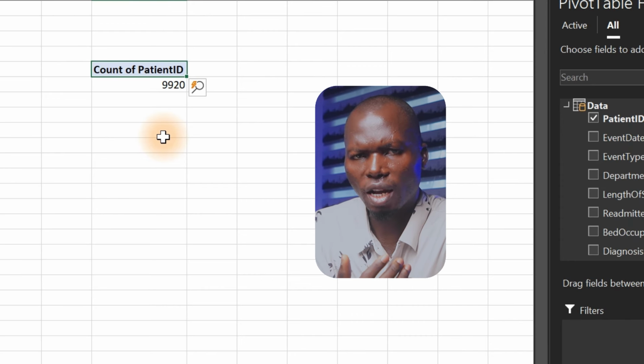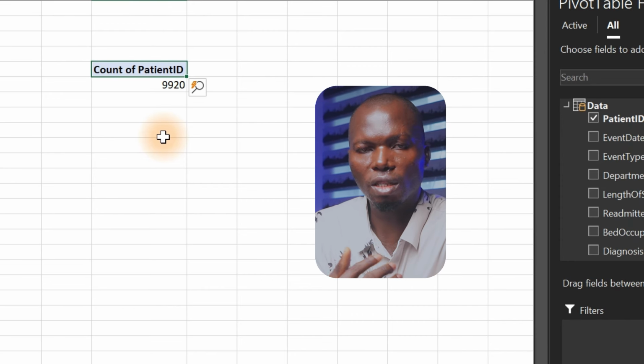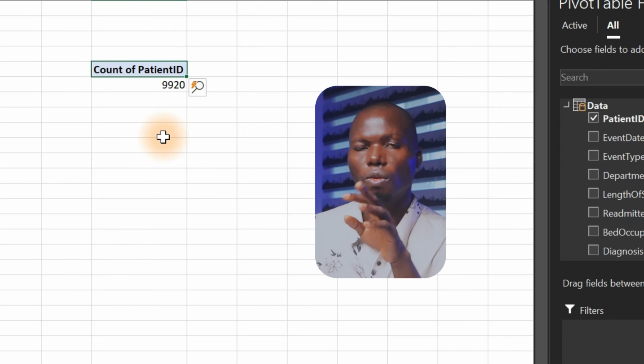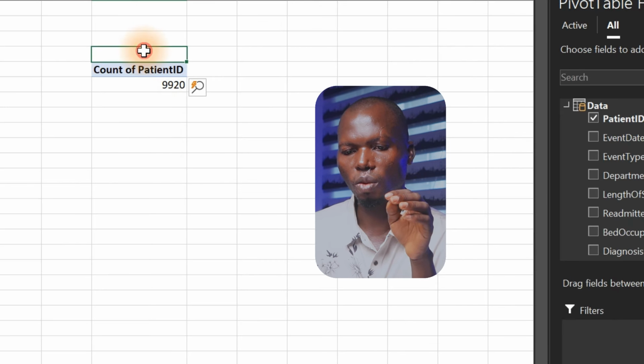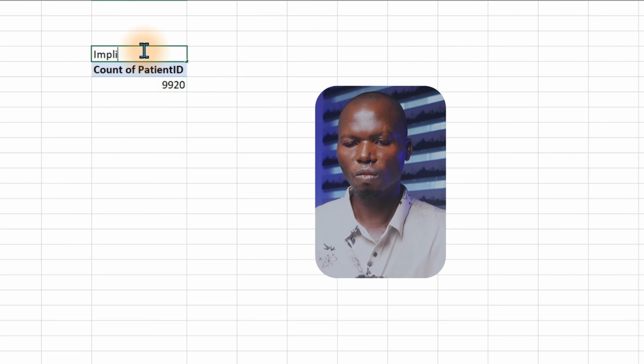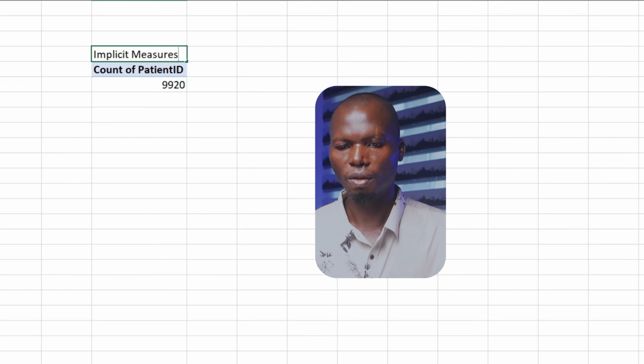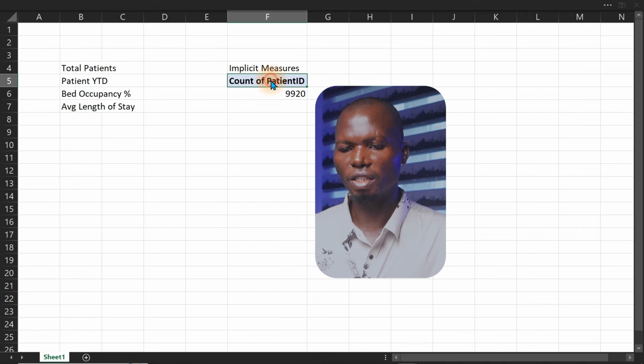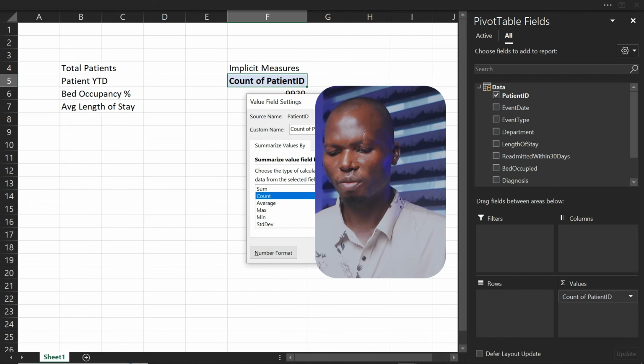So what can we do? We have to write our own DAX to calculate this same number of patients for us. Let me show you how. And that is what we call an explicit measure. So I'm going to put here implicit measure, right? So right here we have our implicit measure. So to calculate our explicit measure right now,